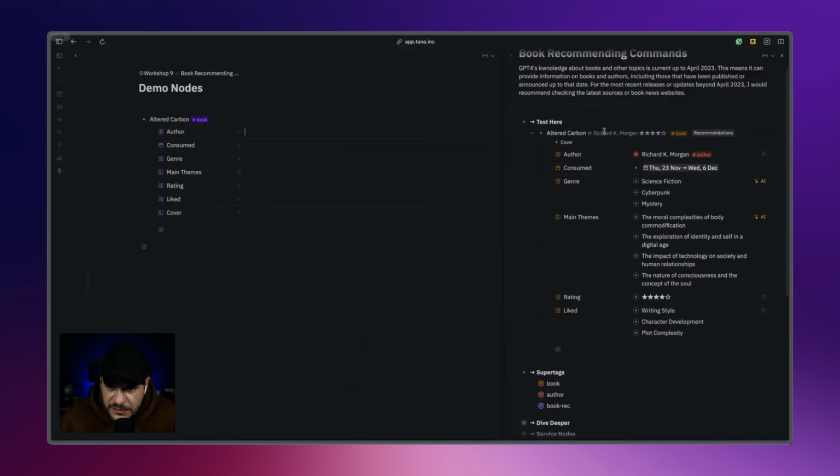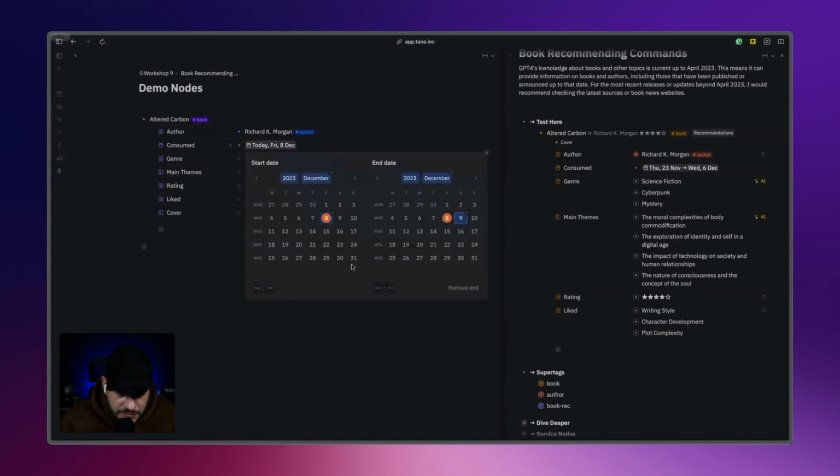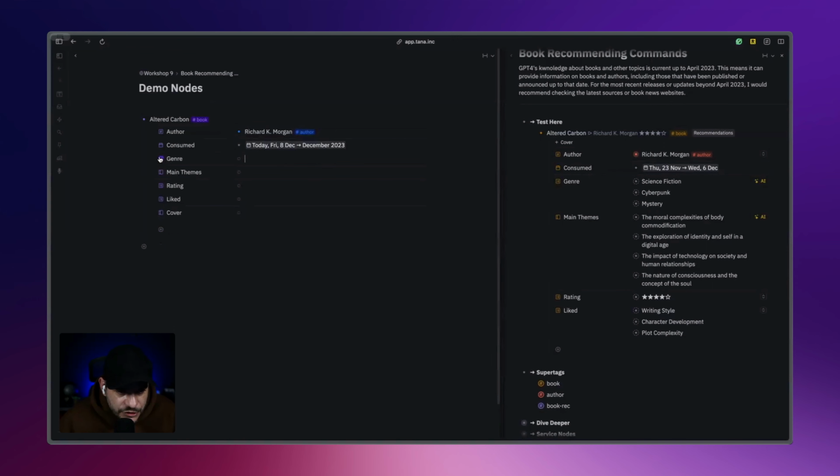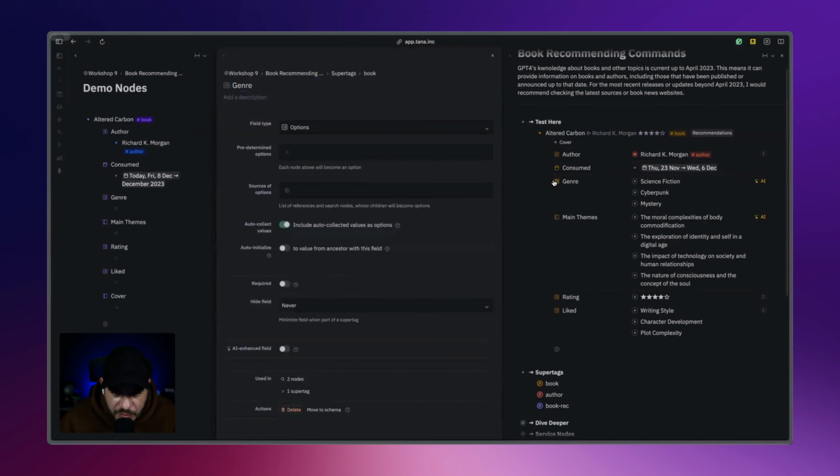Okay, in this case it's automatically suggesting the tag as author, and that's fine. The dates, it's going to be just a start and end date. The genre, we can simply populate